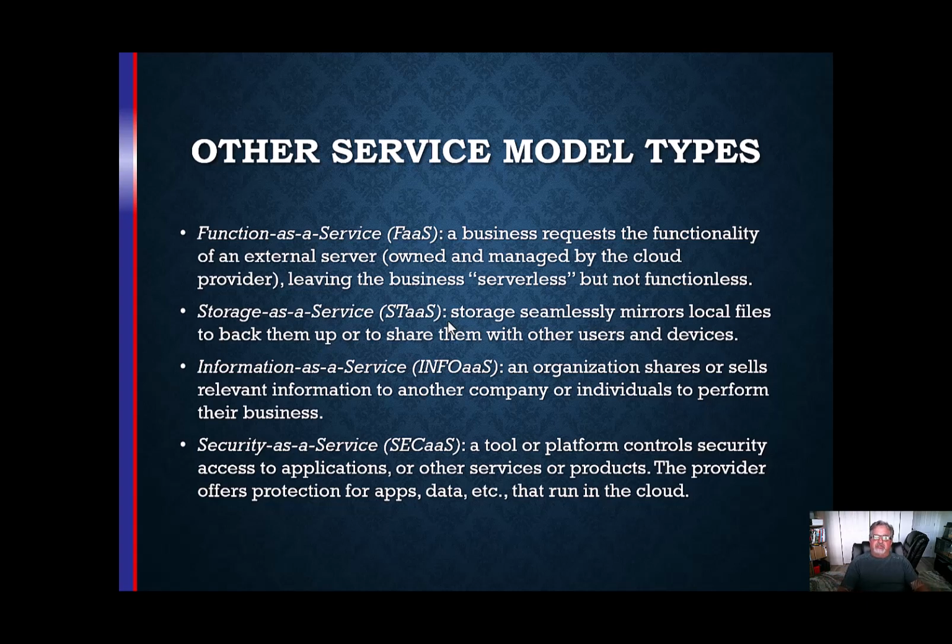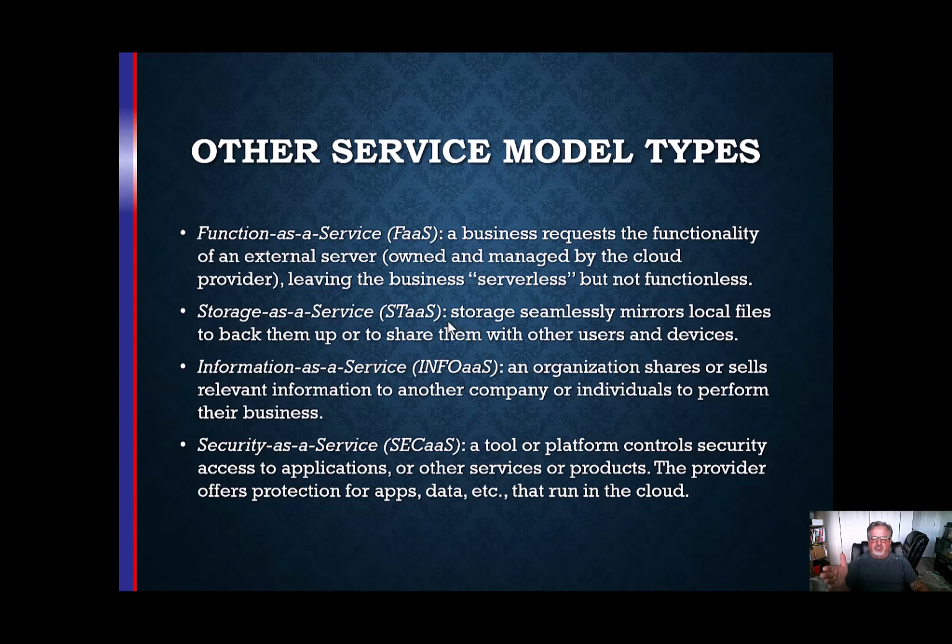Well, guess what? These cloud service providers will offer that as well. It's called INFOaaS, information as a service, right? They'll do that for you. People come to your organization in the cloud. They come to your website. They buy a bunch of products from you. What happens is the cloud service provider collects the information you want to give them and sells it to a clearinghouse, and then they give you the money for the sale of that data. And now those other companies are going to use that data, and they're going to turn around and market to your customers in some fashion. That's what information as a service is.